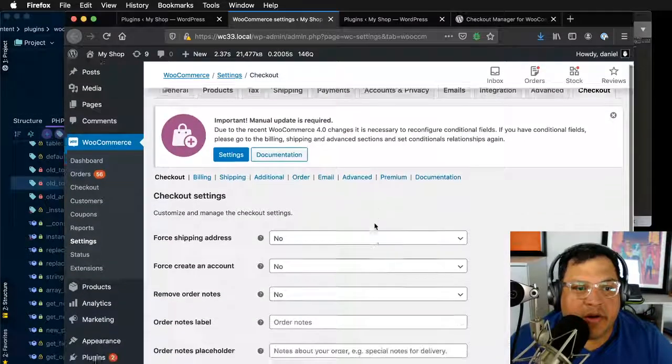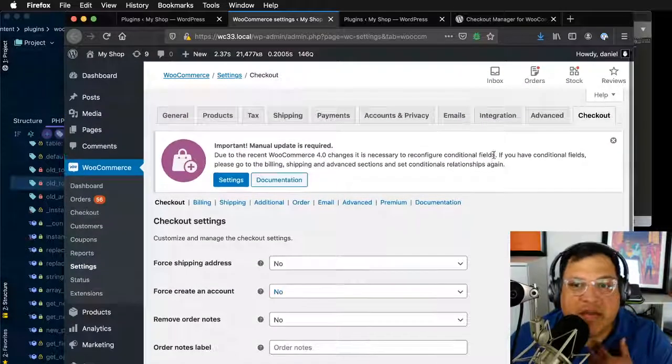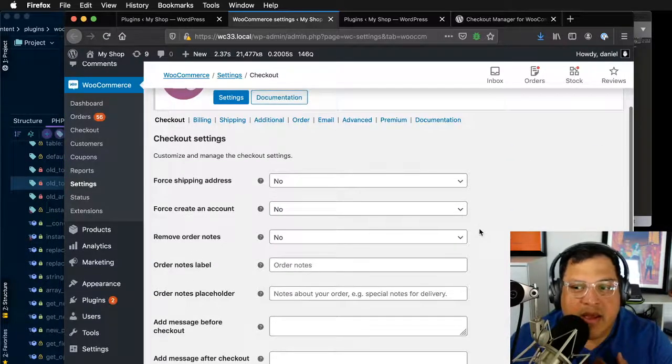So this page here within WooCommerce settings on the checkout tab, we have a really huge